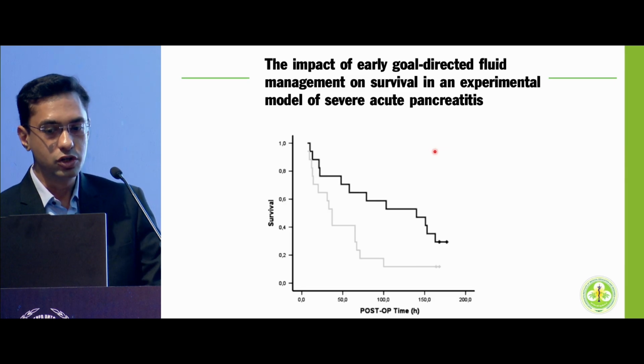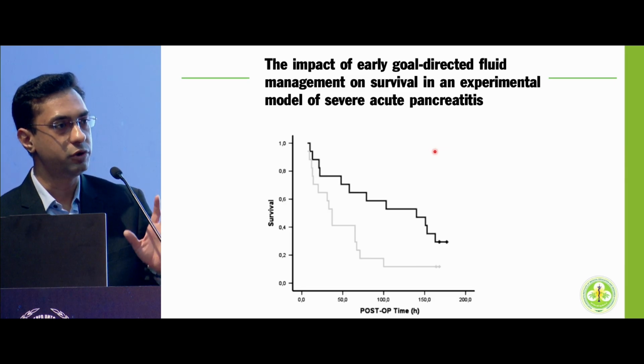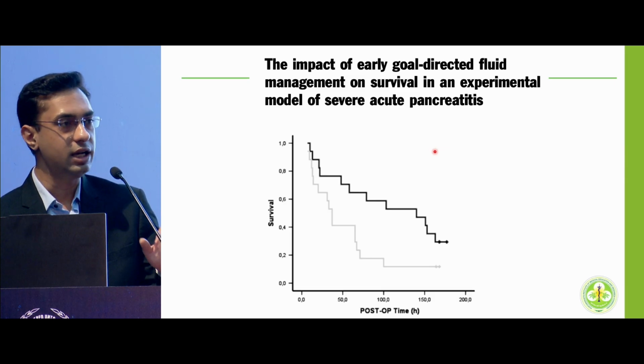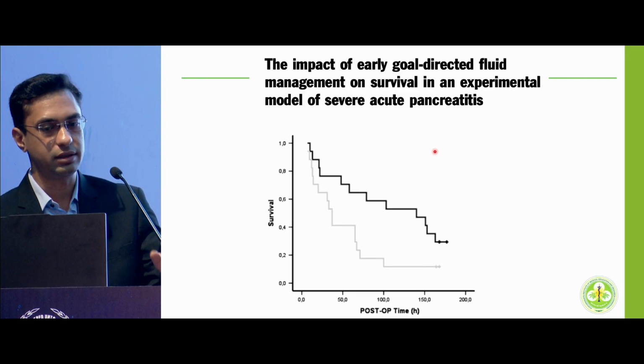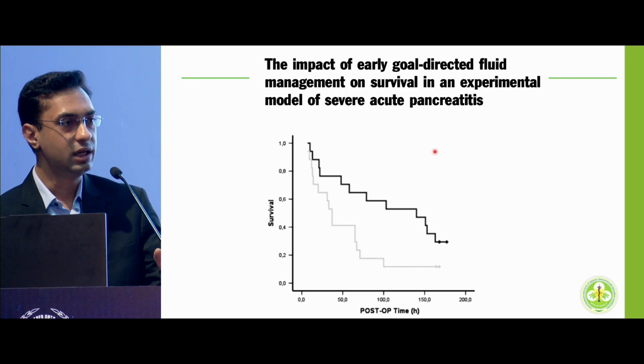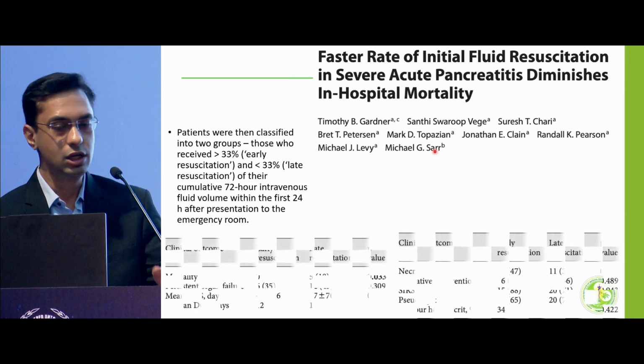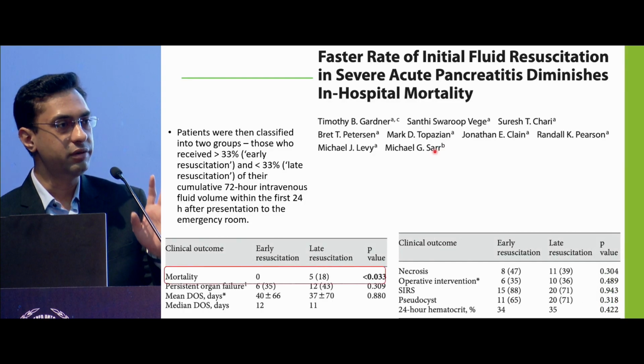So is this just a hypothesis, or do we have evidence? Even the earlier animal studies have shown that early goal-directed therapy can improve the survival in animal models. What about in humans? There are various studies. In a retrospective manner,